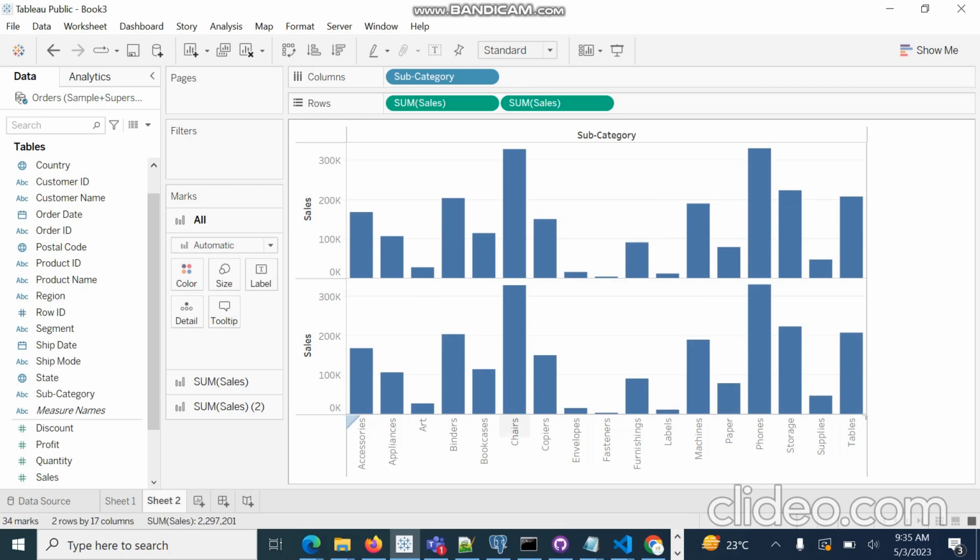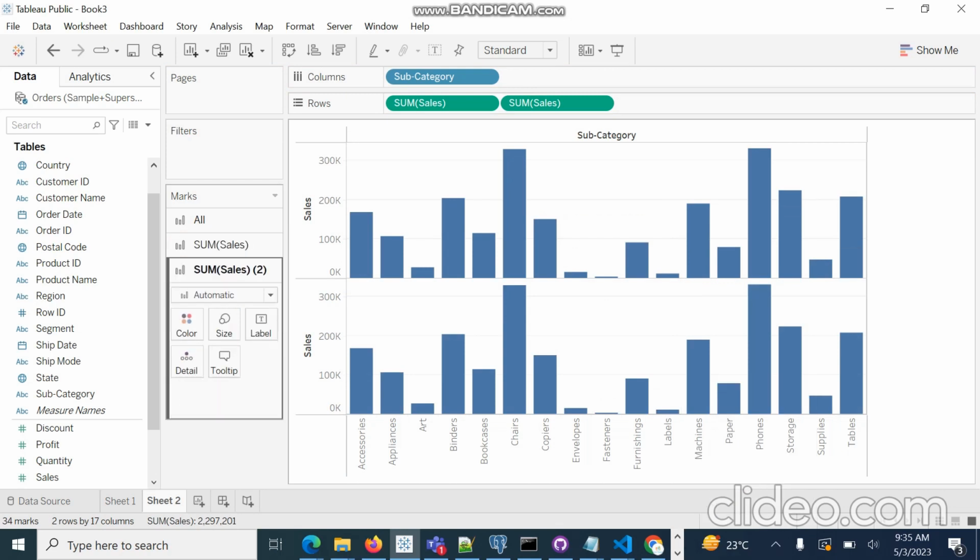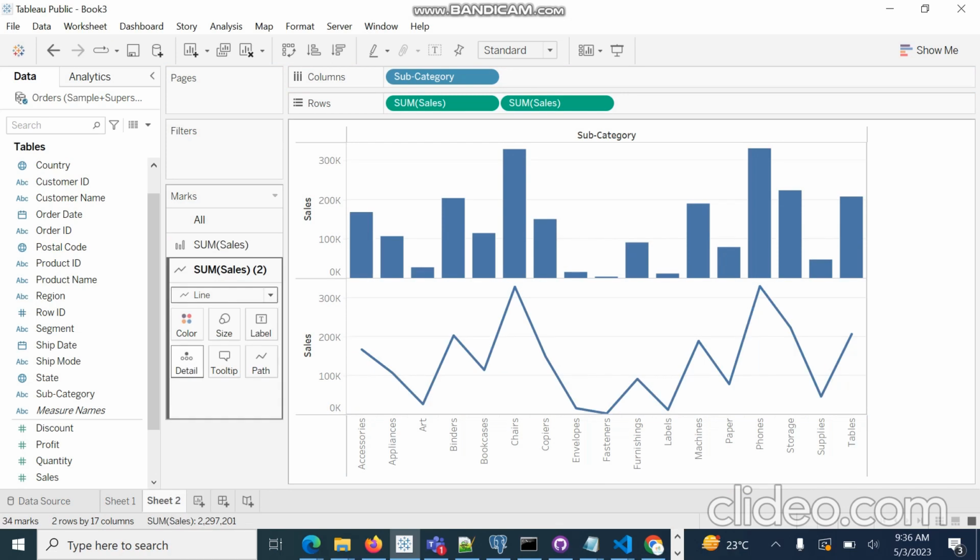Basically both are bar charts. Now we will convert the second chart to a line chart, so the first chart is a bar chart and the second is a line chart. We will now make a dual axis chart from this.